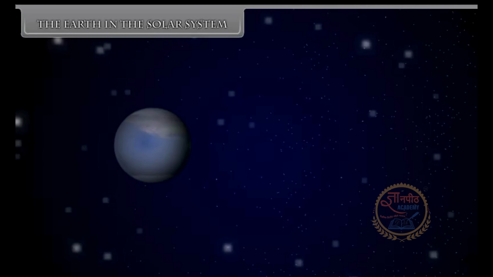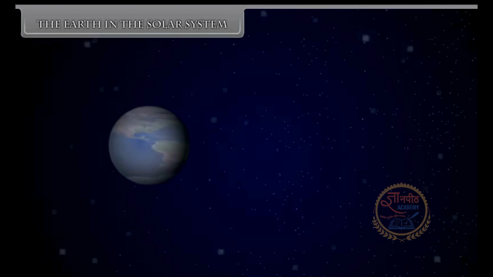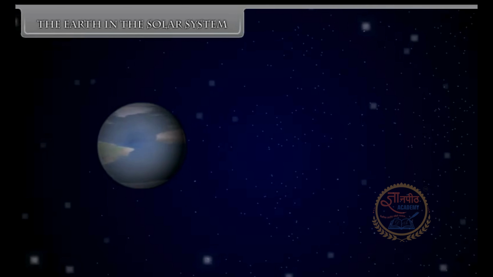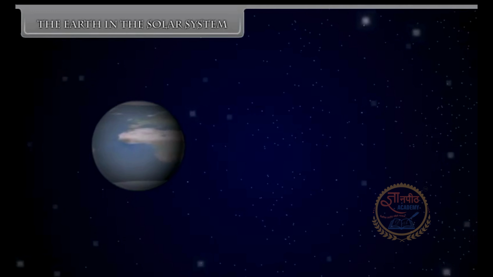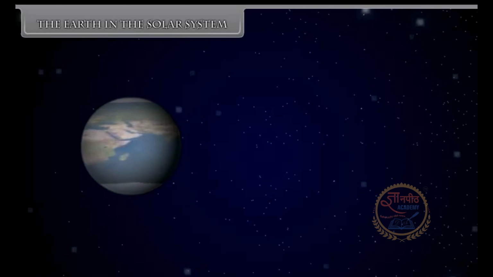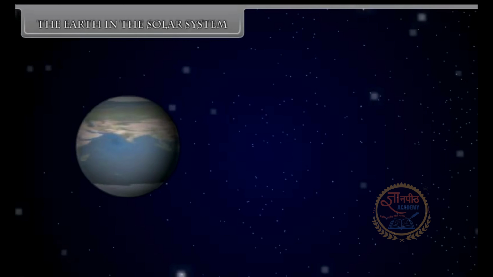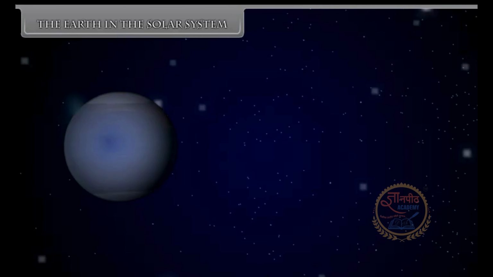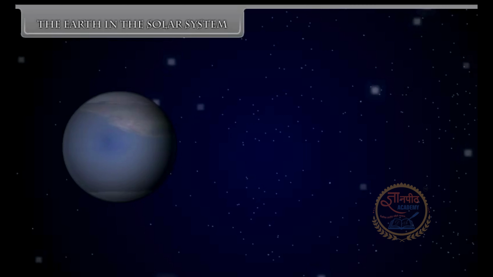Solar system. As night falls, we can see thousands of twinkling objects in the sky. The sun and all these twinkling objects are called stars. We feel we are surrounded by the shining celestial bodies. We cannot count these celestial bodies with our naked eyes because they are several millions of kilometers away from us.